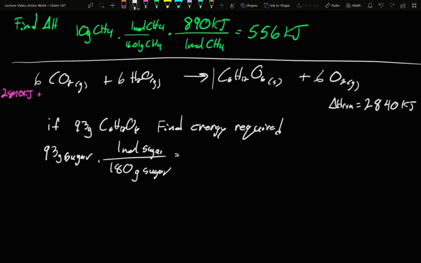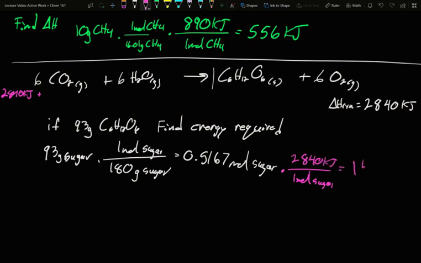So we have about half a mole worth of sugar, just slightly over, 0.5167 mole. And we can convert that. There's 1 mole of sugar for every 2,840 kilojoules, giving 1,467 kilojoules. So to make 93 grams of sugar, the amount of energy required to produce it in the form of enthalpy is